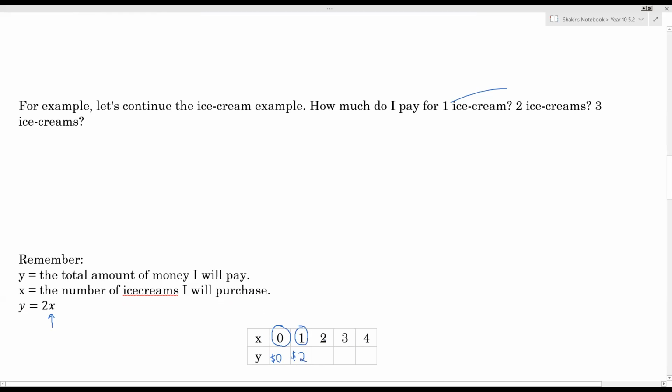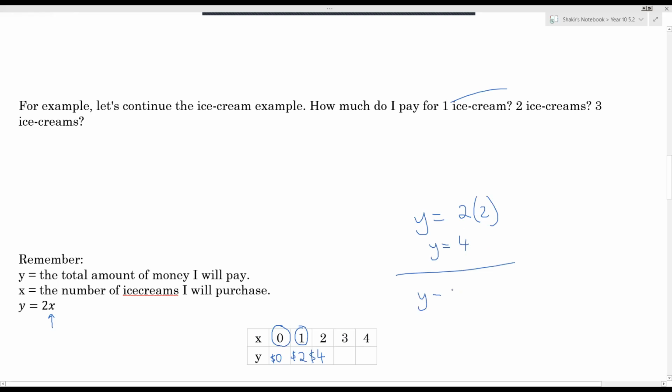What about if x was 2? Then you'll have y is equal to 2 times 2, because I'm subbing x equals 2 into the equation. And so y is equal to 2 times 2, which is 4. So y will equal $4. And if x is equal to 3, well, I'm just going to sub in 3. Y is equal to 2